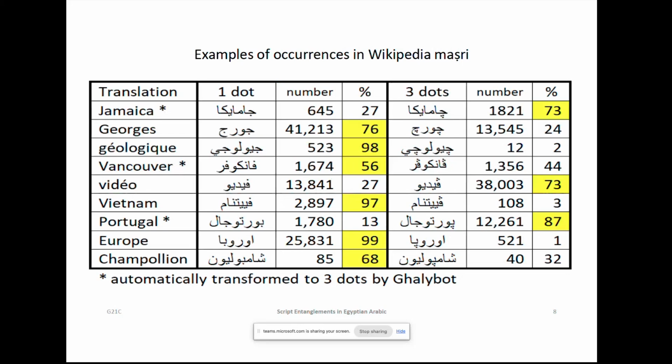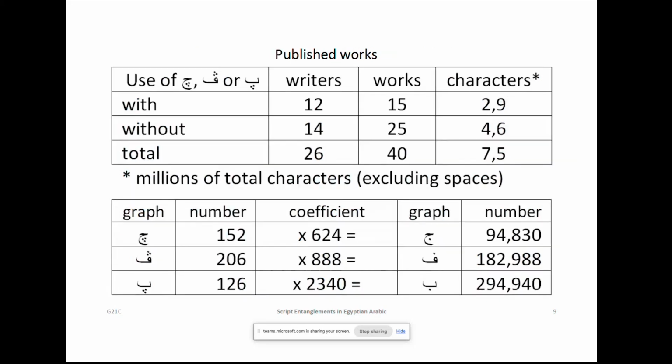So it therefore appears that the use of these alternative spellings is far from being a majority practice in Wikipedia Mastery, despite the official policy. In the corpus of 40 published works, 15 works contain at least one of the three graphs with three dots,